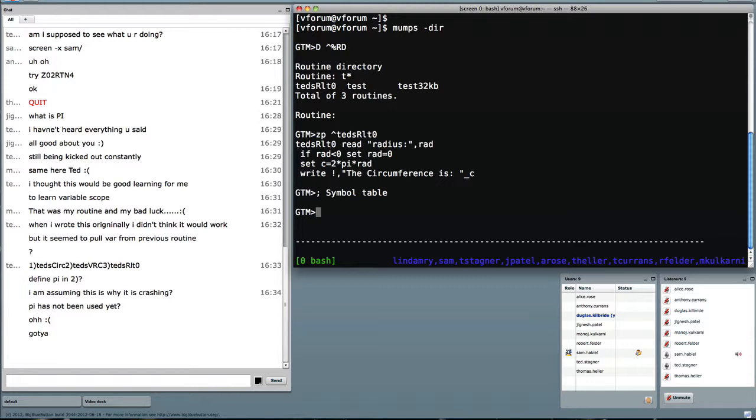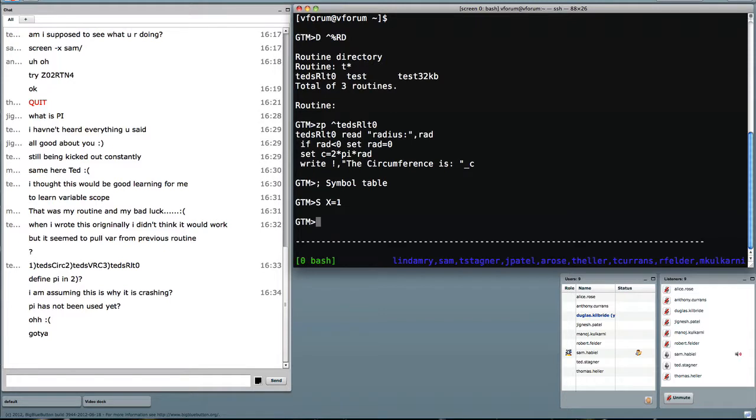When you do something in GTM, basically if you set x equal to 1, that by default goes into the symbol table and is available for